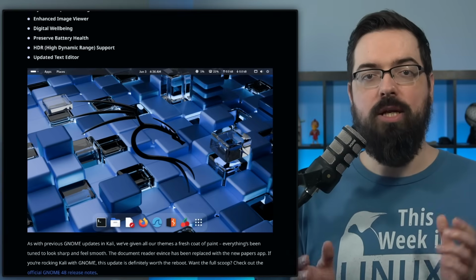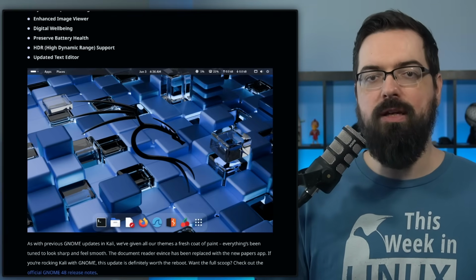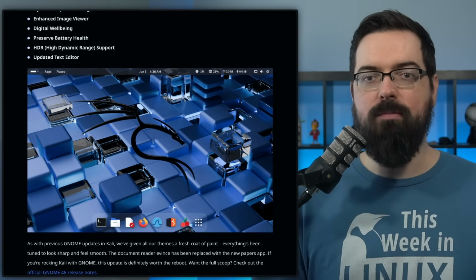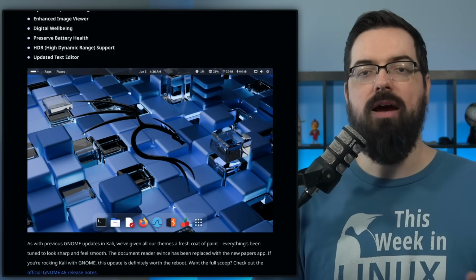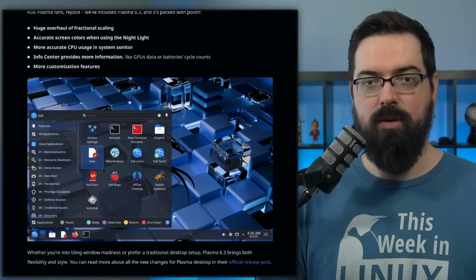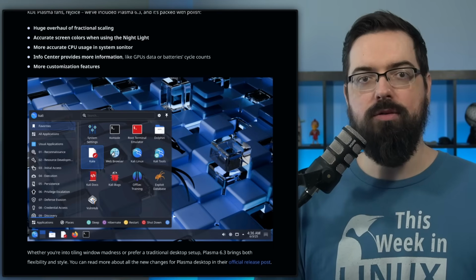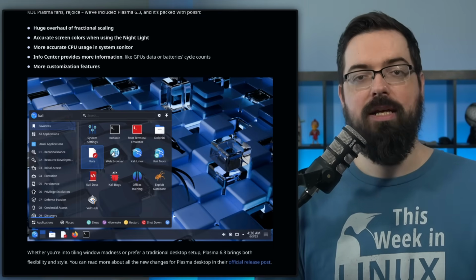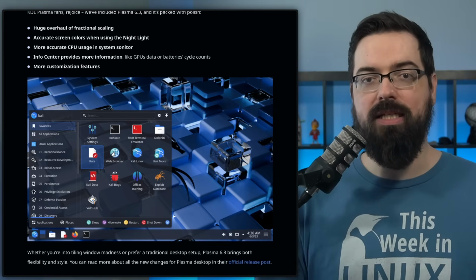This release adds GNOME 48, and it gets HDR support, triple buffering support, a VPN IP indicator, and the new Papers document reader. You can find more information in the episode we covered the GNOME 48 release on TWIL. I'll have that linked in the show notes. As for KDE Plasma, they have Plasma 6.3, which improves fractional scaling, adds night light color accuracy, and also richer info center stats. It doesn't have 6.4, which just came out, but it does have 6.3. So if you would like to know what happened in 6.3, I'll have a link to that episode of TWIL